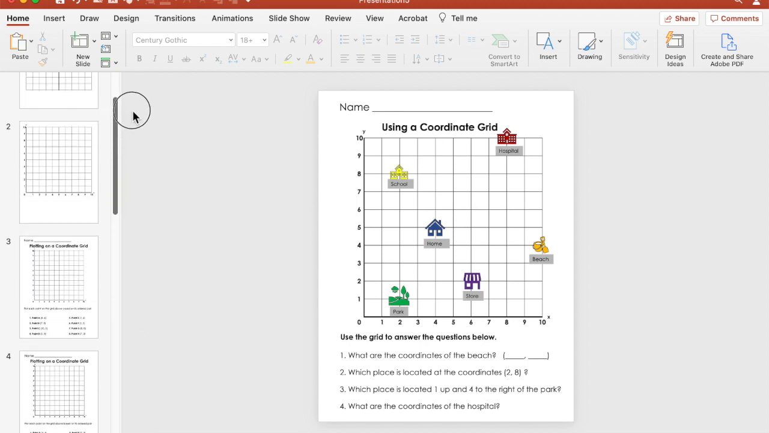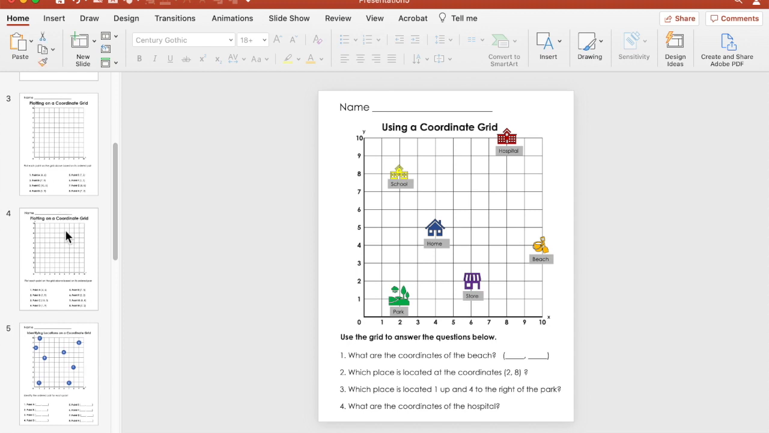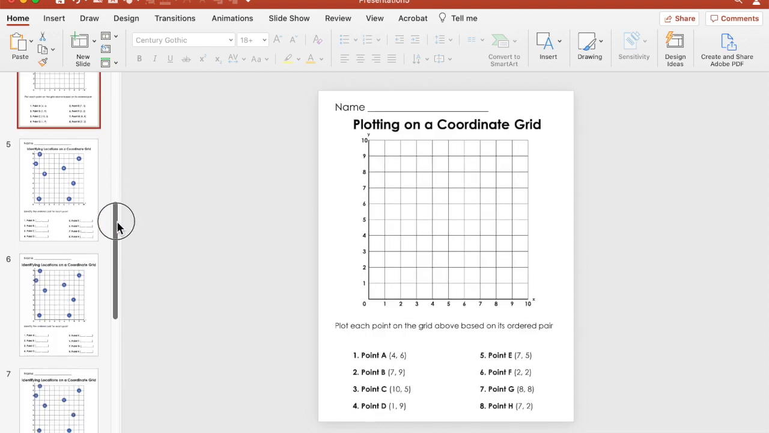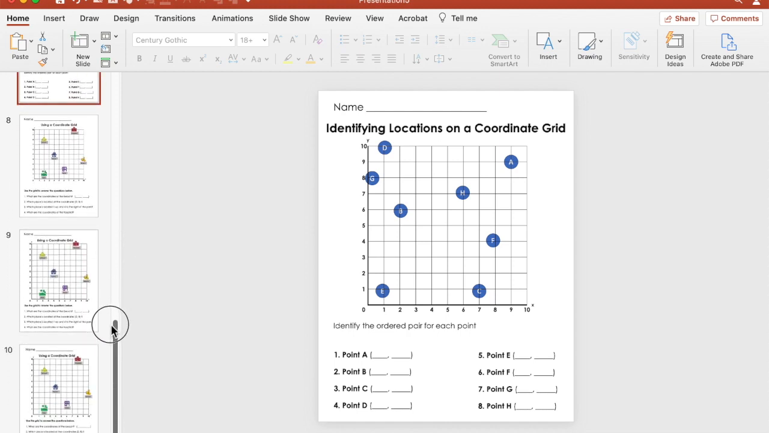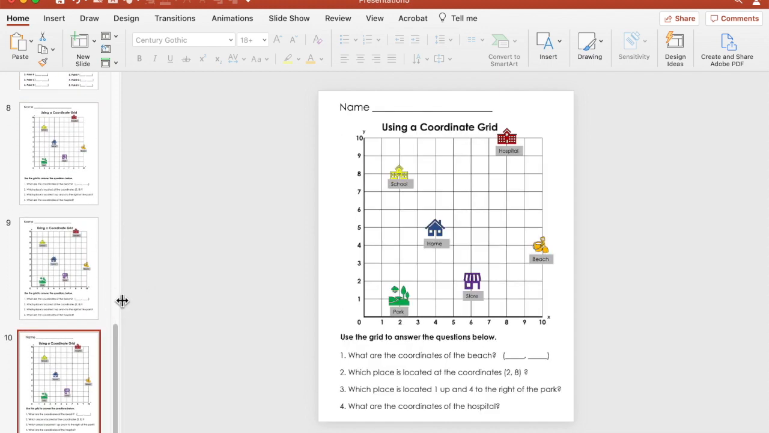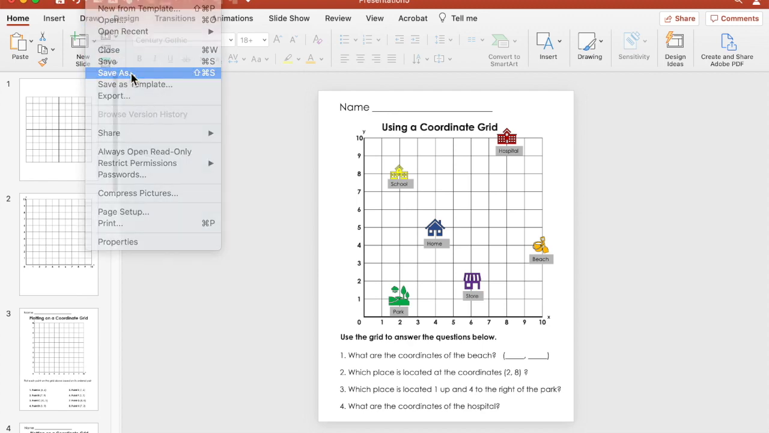We have our 3 different pages that we created. One where the students have to plot on a coordinate grid, one where they have to identify points on a coordinate grid, and then one where they have to answer questions based on the locations of the items on the coordinate grid. So what we're going to do now is save our PowerPoint